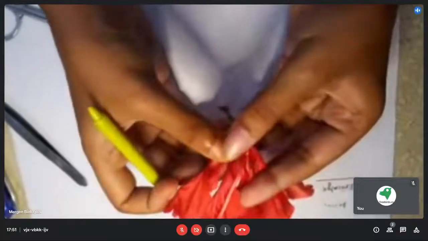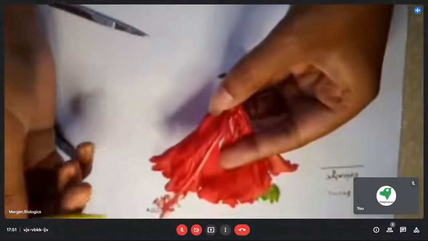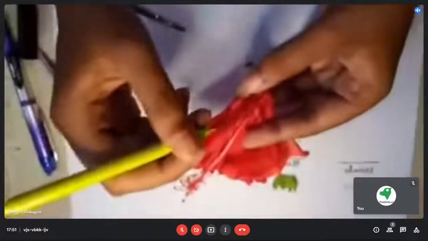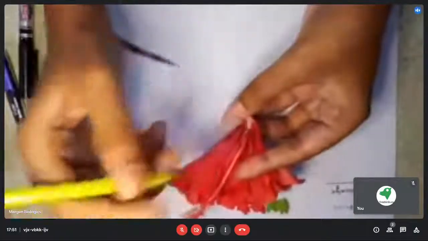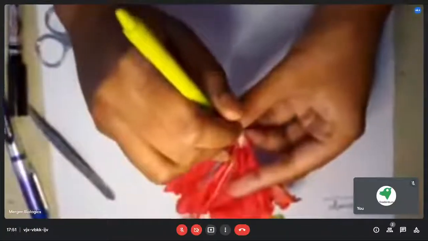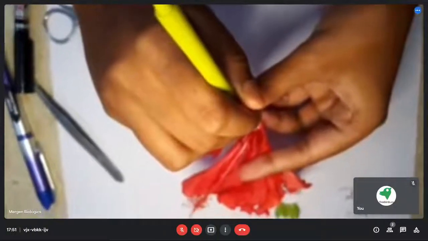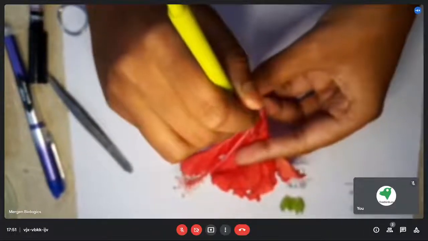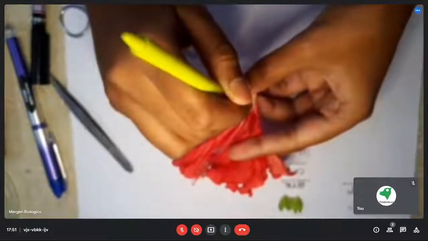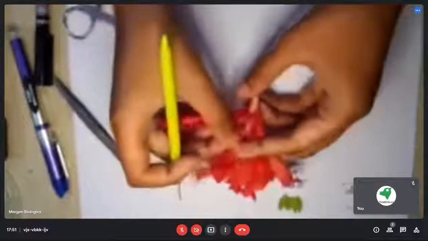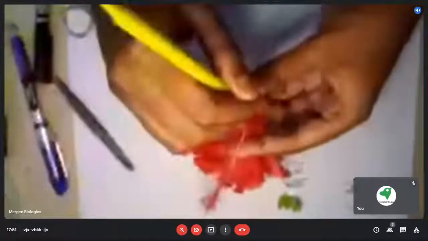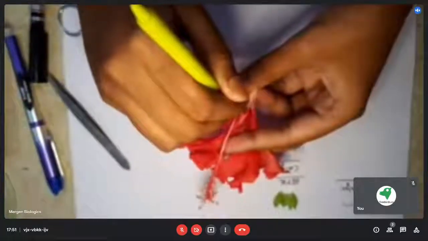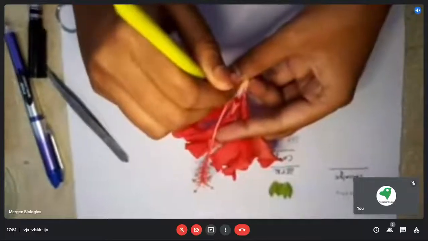As you can see, there is only one stamen, that is, all the anthers and the filaments that contain the anthers are fused to form one stamen. Now, if we want to see the fourth whorl of the flower, we will just make an incision throughout the stamen, and we will get a clear view of the fourth whorl, that is the female reproductive part, the pistil or carpel.